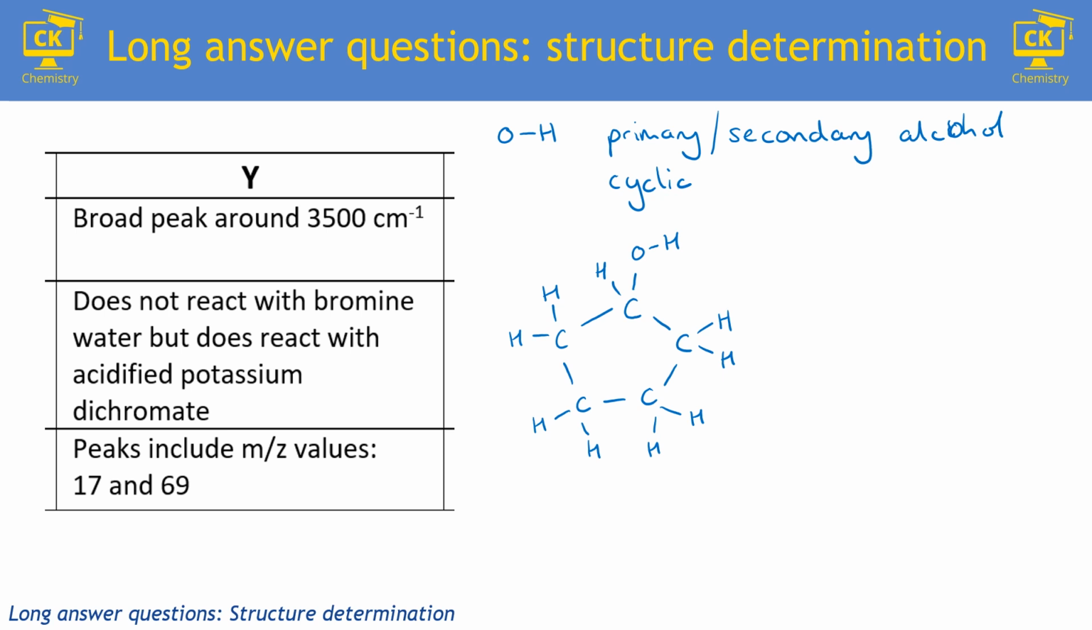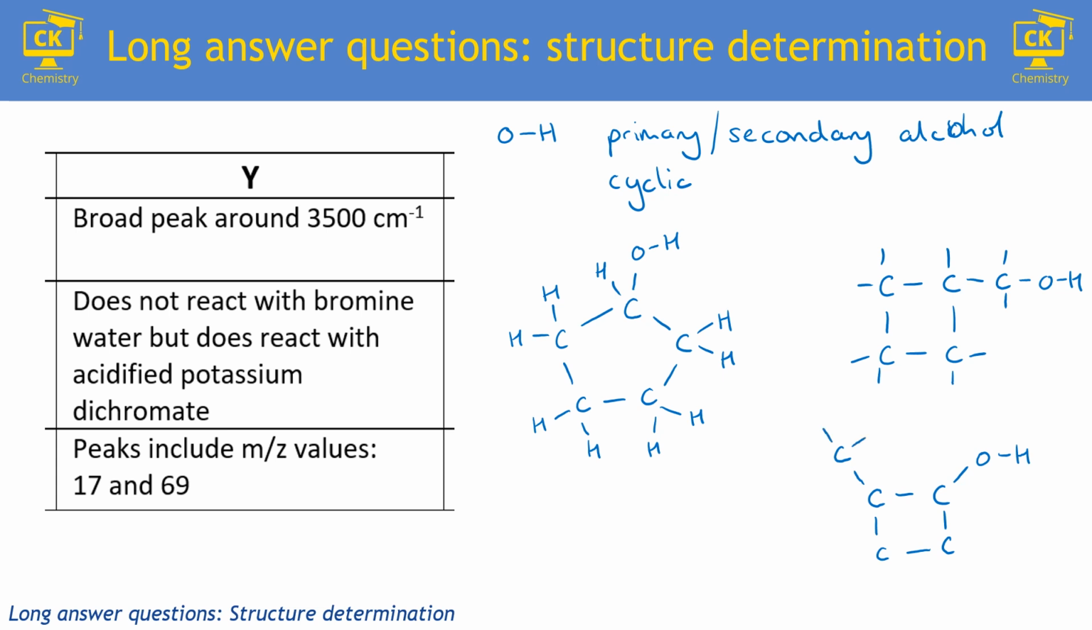So does this work? It works in terms of it being cyclic and a secondary alcohol, so it can be oxidized. We can take off 2 hydrogens and make a C double bond O. You could, if you preferred, draw a ring of 4 carbons. So this is also an option, and we could have, for example, our alcohol there. I'm not going to draw all the hydrogens on. Or you could have a ring of 4 carbons with a methyl group somewhere and an OH. So there are quite a lot of options,